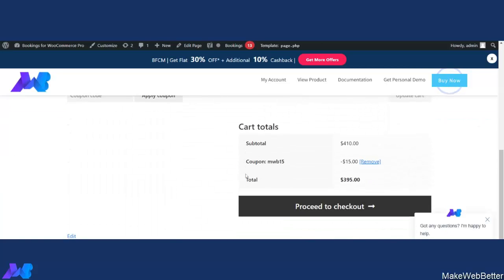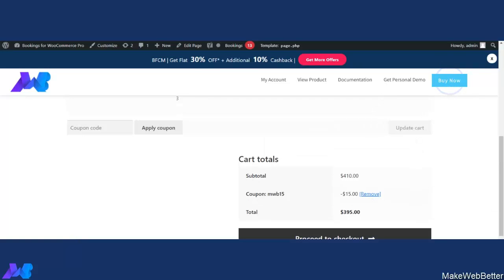And when you scroll down, as you can see, the coupon has been automatically applied, and the coupon was MWB15 that we have created, and the amount that we have decided, $15, is coming here. So this is how you can easily create discounts and offers for customers on different bookable resources. Providing them with discounts will definitely help to increase customer engagement and boost the revenue of your store.